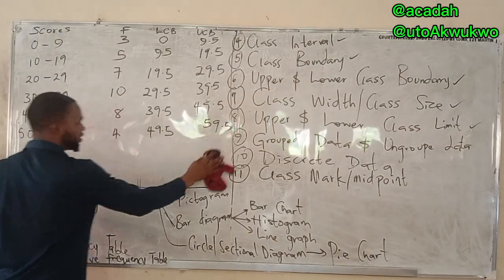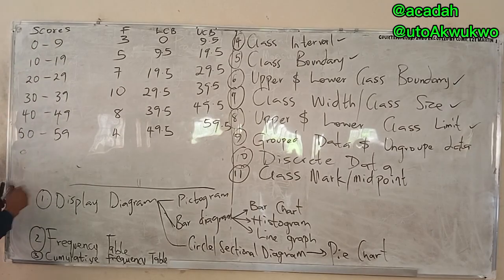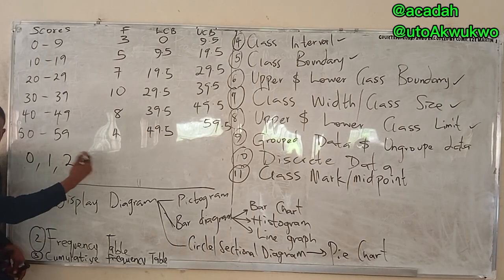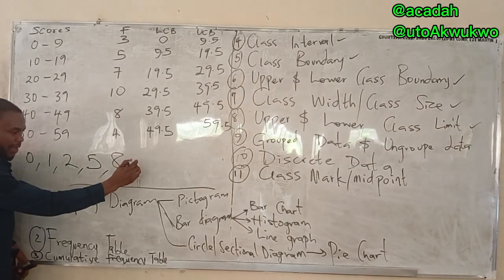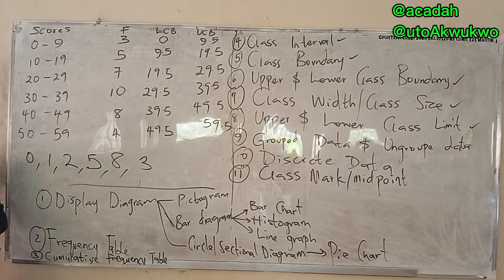If I have, for example, here, you see that this is 0 to 9, 10 to 19, 20 to 29. So discrete data is a type of ungrouped data that doesn't give the count of the next value. If I have, for example, 0, 1, this is information, and I see 2, then maybe you want to see another number that should be 3, progressive. Then you come and see maybe 5, 8, then maybe you come and see 3 going on.